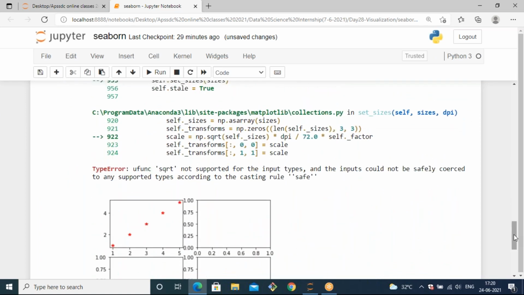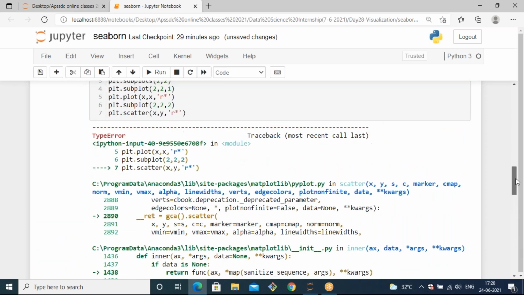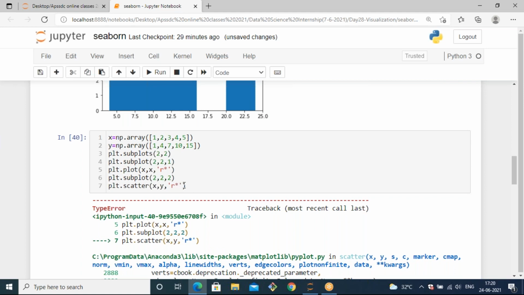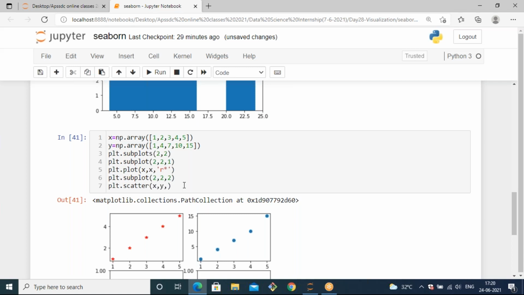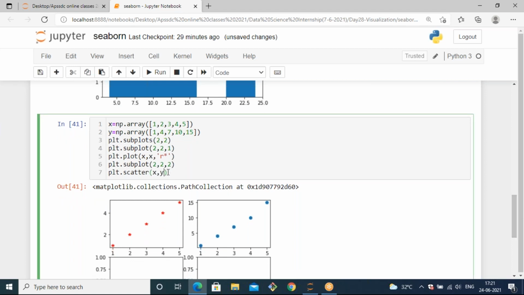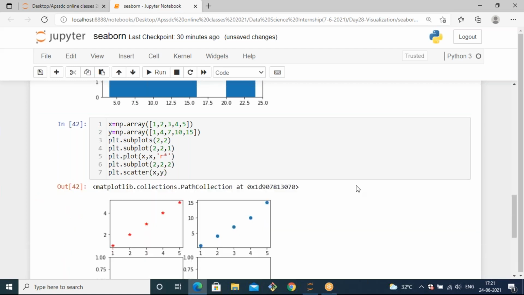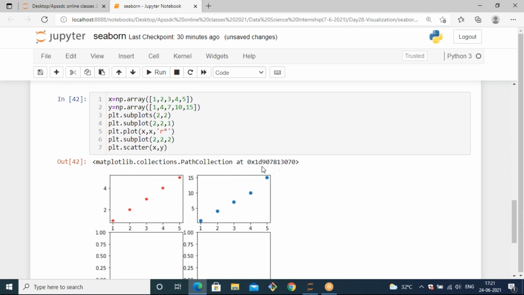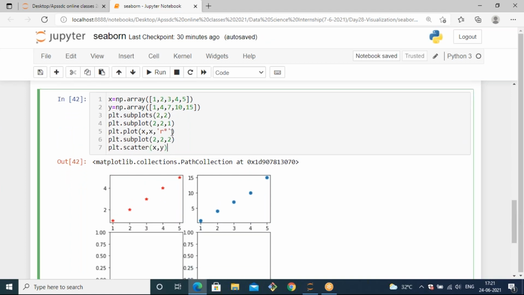If you use X and Y also, it will raise an error. Scatter of X comma Y and dot story. Color doesn't matter. Yeah, you need to remove this color so that it gives me the result. When I mention that color and the indication of stars, it will raise a kind of safe error. So you can remove that marker and color so that it will not raise an error.